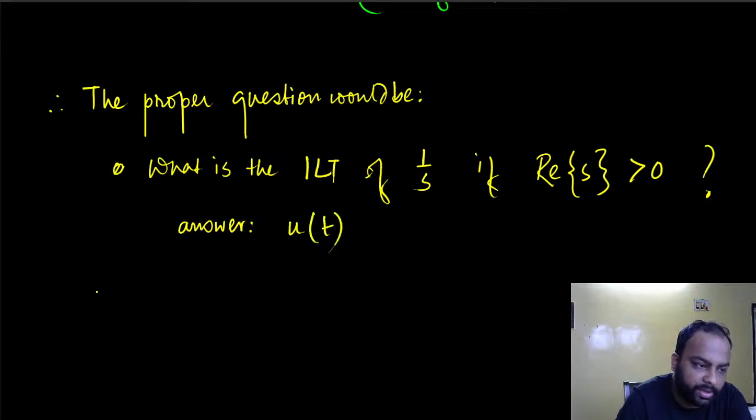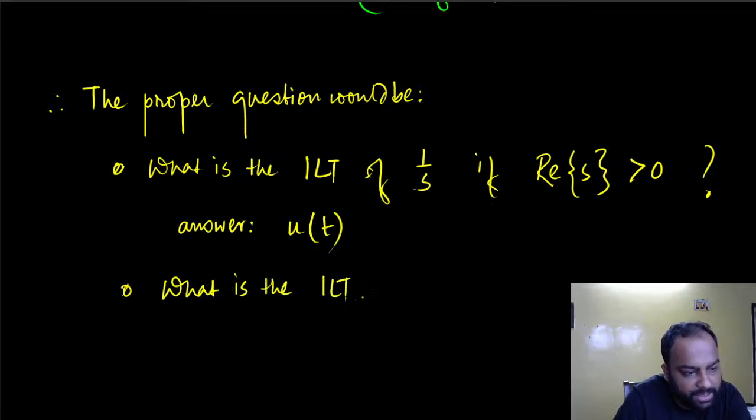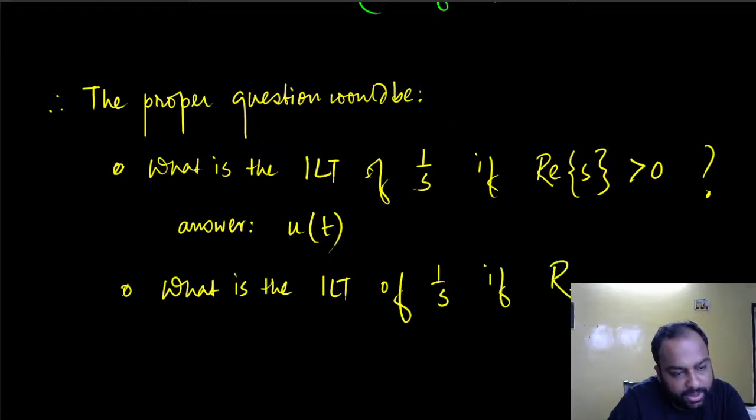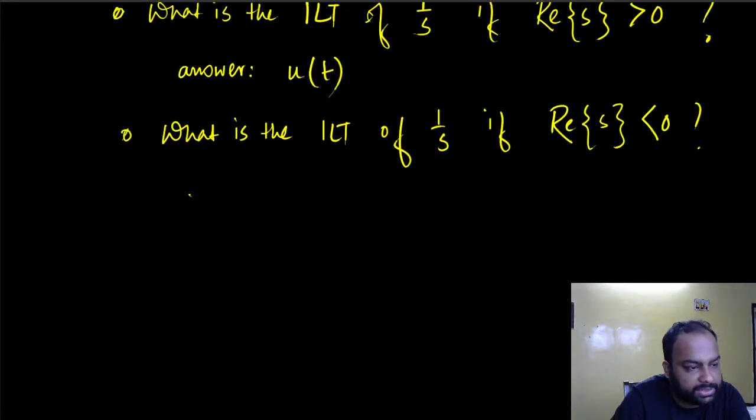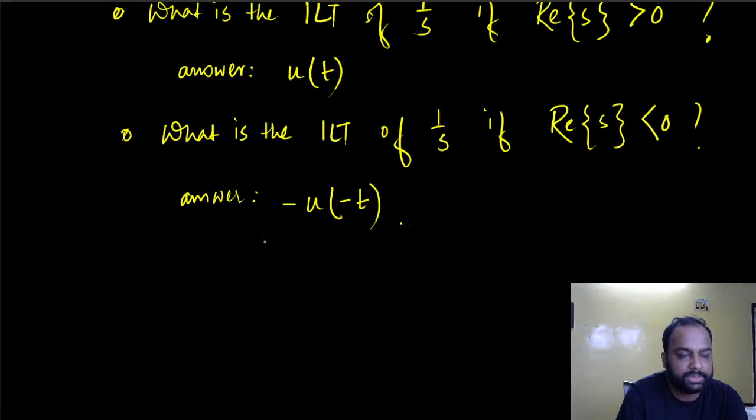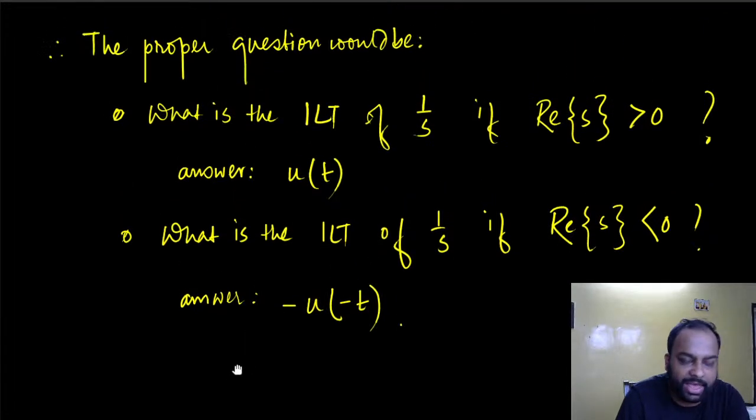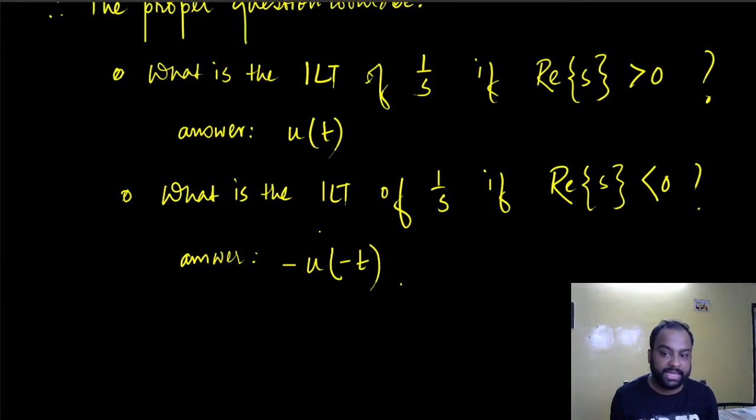u(t). And also there is another valid question I can ask you: what is the inverse Laplace transform of 1 by s if the real part of s is less than 0. I can ask you this valid question once again, and the answer would be minus u(minus t). These two are perfectly valid questions and perfectly valid answers. But if I just ask you what is the inverse Laplace transform of 1 by s, the question itself is